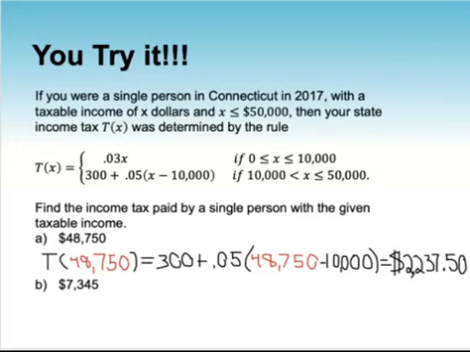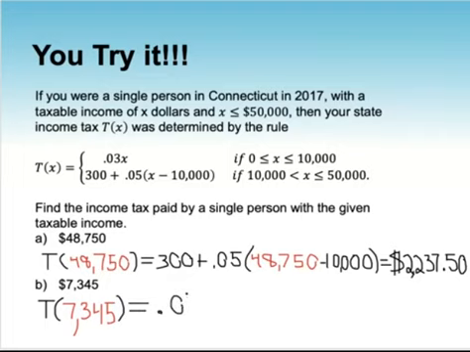Now let's look at Part B. Here we're asked to find the income tax paid by a single person with the taxable income of $7,345. So you should have noticed that that falls on the first domain. So we're going to use the first formula, 0.03x. So T of 7,345 equals